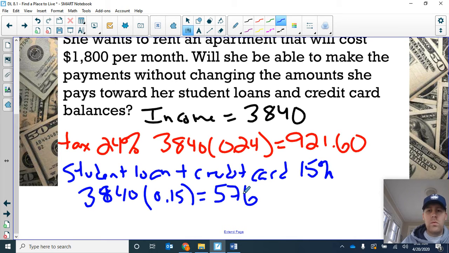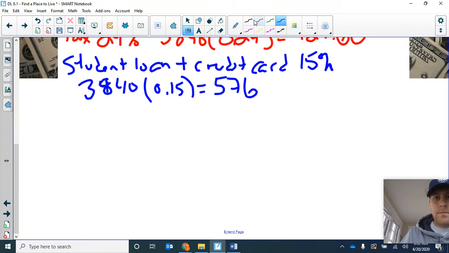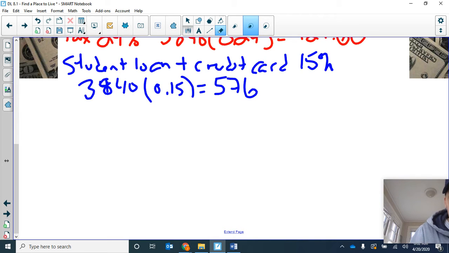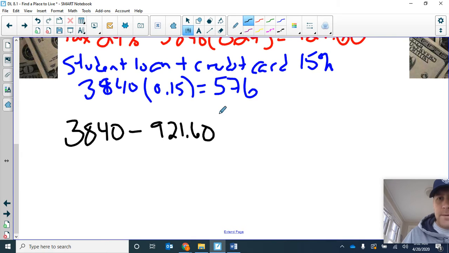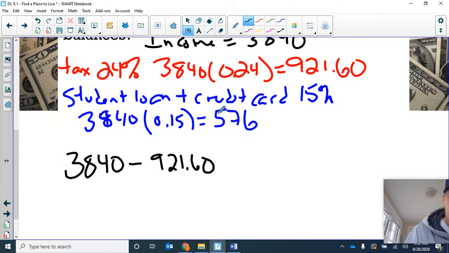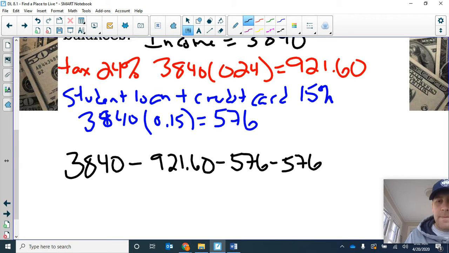Okay, so what we're going to do now is take her monthly income. Let's take that 3,840. Let's try this again. 3,840. We're going to subtract away what she paid in tax, the $921.60. And we subtract away two of these 576s, right? The 15% is her student loan, the other 15%, that 576, is her credit card. Okay, and after we do that, we get an amount left of